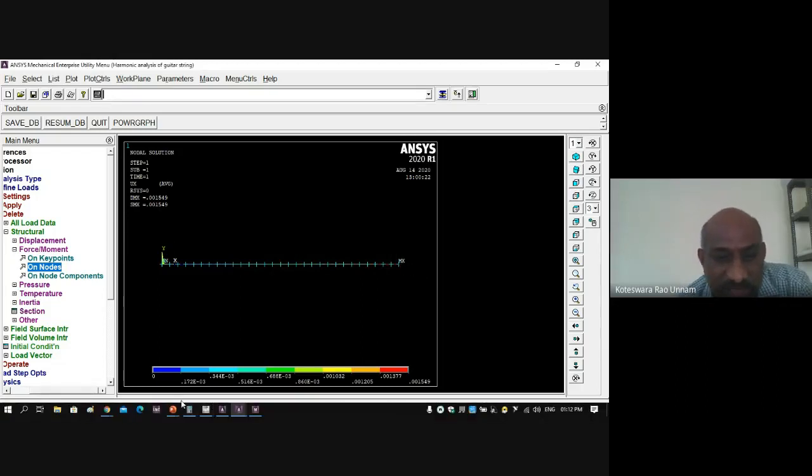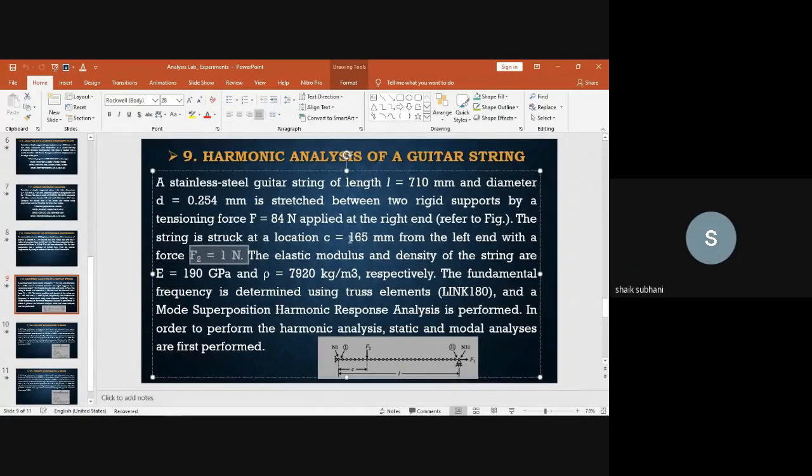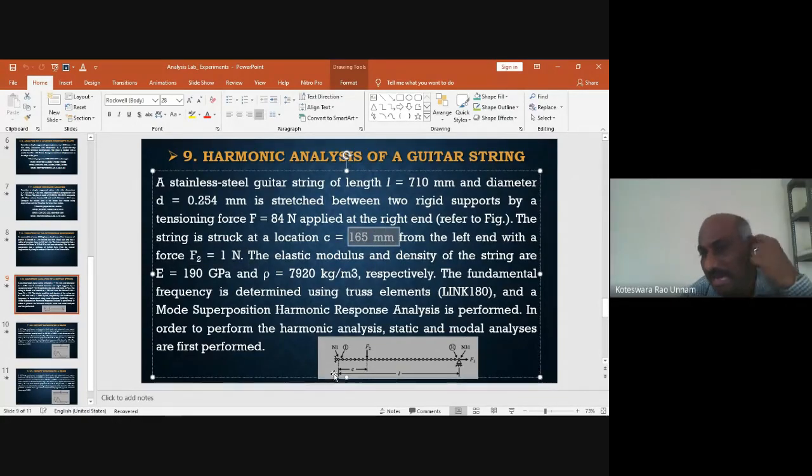Next, I need to apply the force F2, which is 1 Newton, applied at a distance of 165 mm from the left one, node number 1. We numbered this one as 1. From node number 1, it is 165 mm. So now I need to select the node at this 165 mm location.